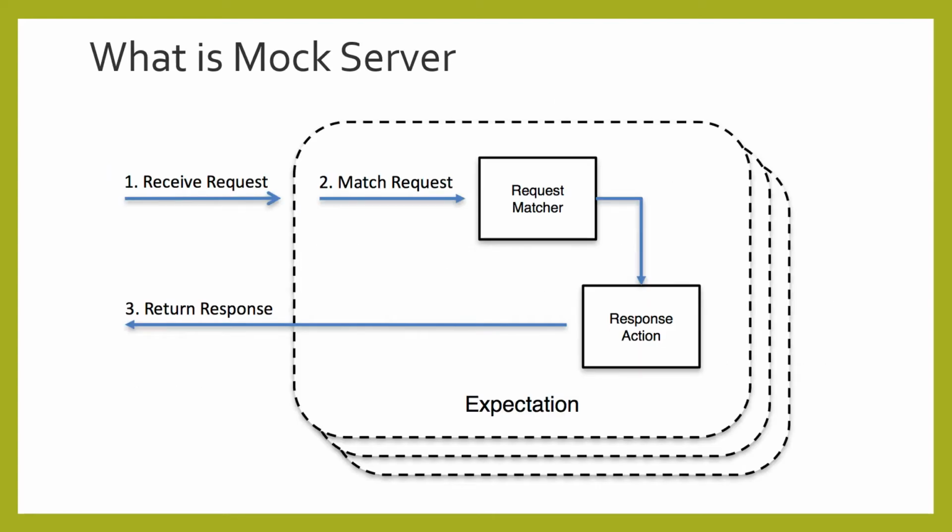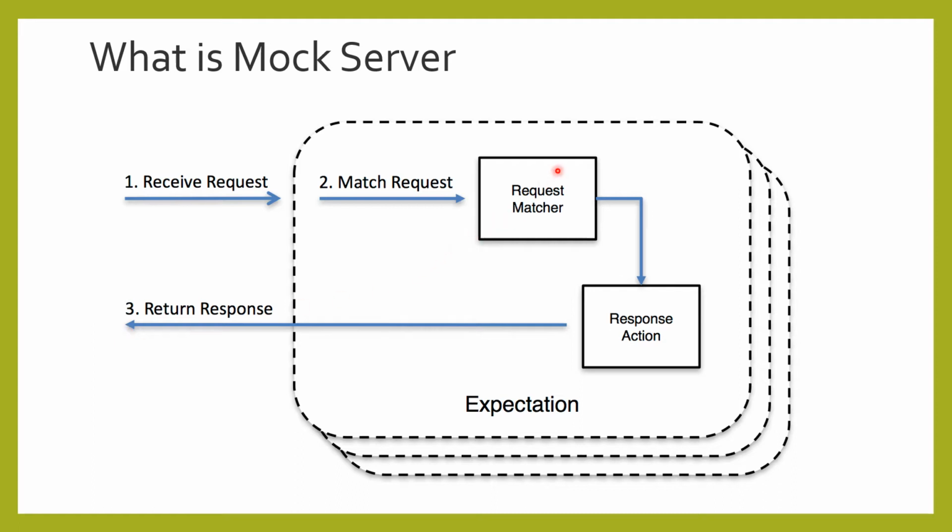So this is basically how a mock server works. Whenever you receive a request, there is something called a request matcher which lies in the mock server, and what it does is that depending on your input request, there are certain parameters or conditions which are matched against the different set of rules that you define in this mock server. And depending on whichever request matched in the particular mock server, accordingly the particular response action is taken, and the response is sent back to the client.